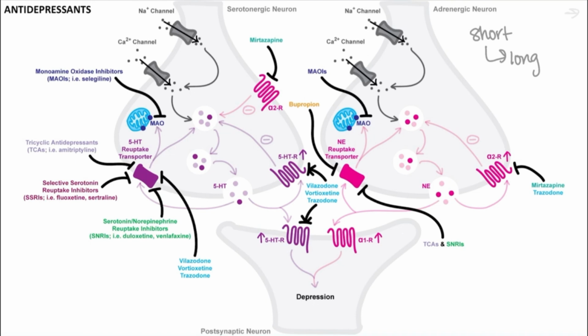And this may also help serve as a reminder as to why these agents must be started low and titrated up, and that they cannot be abruptly discontinued without a taper. So we have mechanism of action, and now let's discuss ADR profiles a bit more in depth and how these can be leveraged to, again, pick the best drug for your patient or add agents to initial therapy if combination therapy is needed in a way that promotes adherence. And this should be a little bit more straightforward compared to our antipsychotics or our anti-epileptic drugs. So moving to the next slide.